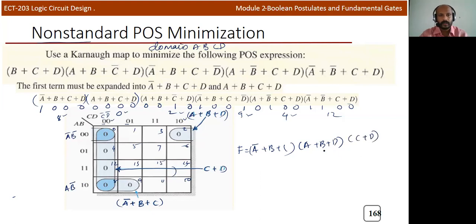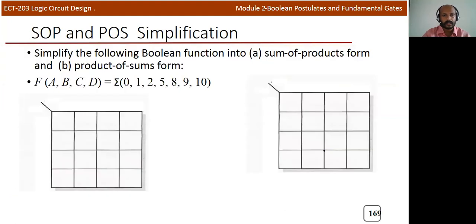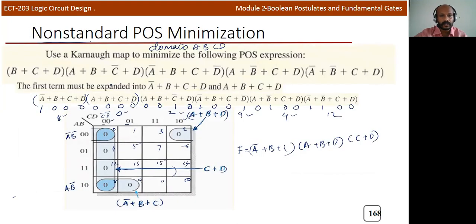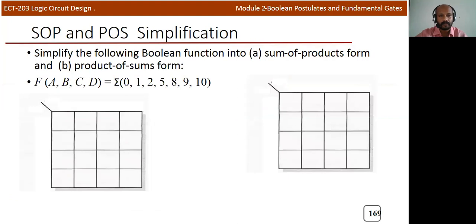Now we'll discuss another question. This is actually a different question. In the previous questions, you can see that all the questions were given in pi form. Now it is given in sigma form, which means this expression is indicated in min terms, not in max terms. So we need to write the min terms of this expression, and in the question we need to find the sum of products and product of sums. So we can try this.